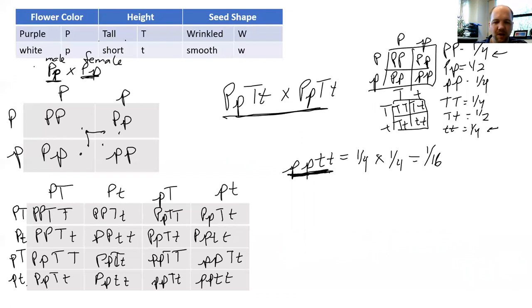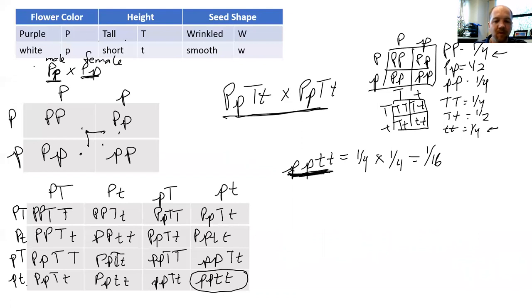So if we look for this genotype in the Punnett square, we're going to find it right here. So 1 out of 16 are going to be this individual. Okay. All right. Let's look at another phenotype. Let's say, what's the probability of getting an individual that is purple and tall? Now this one's going to be a little bit more complicated because there's a few different options